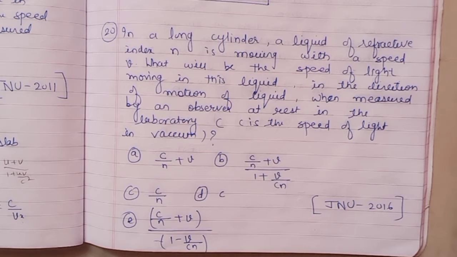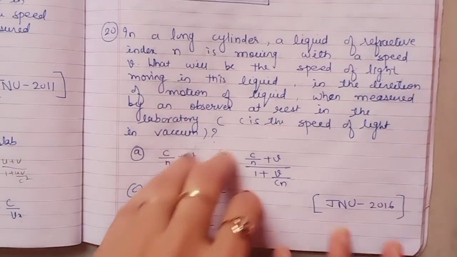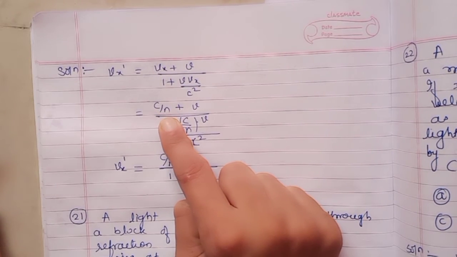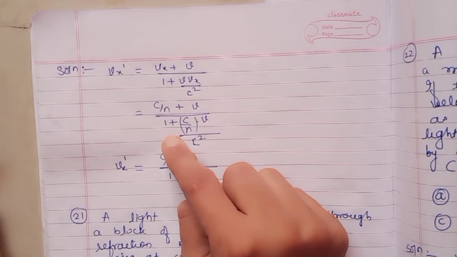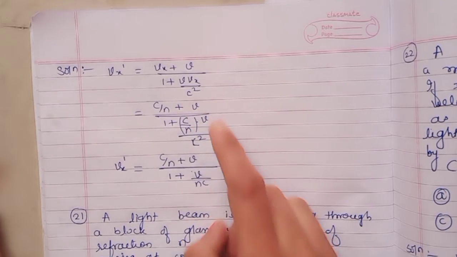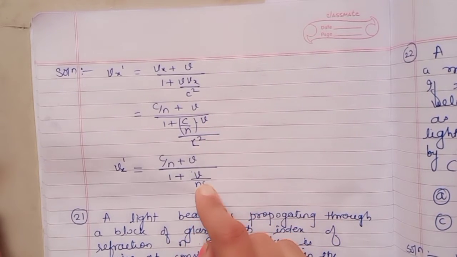Today we are learning most of the numericals which are based on calculation of velocity and where refractive index is involved. So you should know the formula for refractive index n, that is n equals c upon vx, and the formula for velocity, that is vx dash equals u plus v upon 1 plus uv by c square. So these two formulas are important. Now we know that vx dash equals vx plus v upon 1 plus v vx upon c square. vx की वैल्यू हम लोग c by n substitute करेंगे, so we will get c by n plus v upon 1 plus c by n into v upon c square, and so we are getting cn plus v upon 1 plus v upon nc. एक c cancel हो गया.